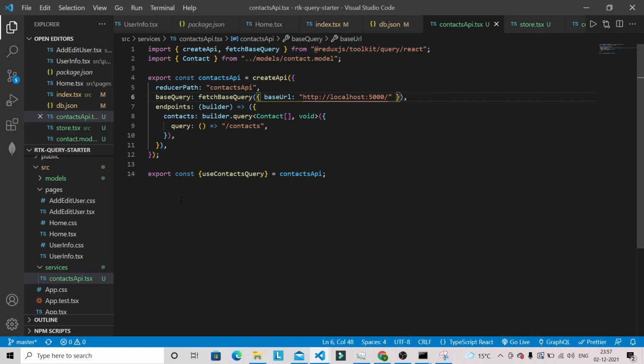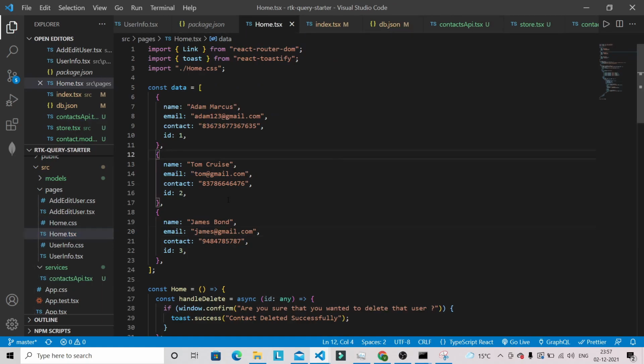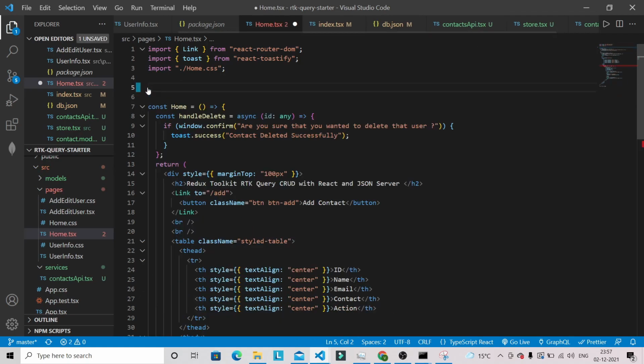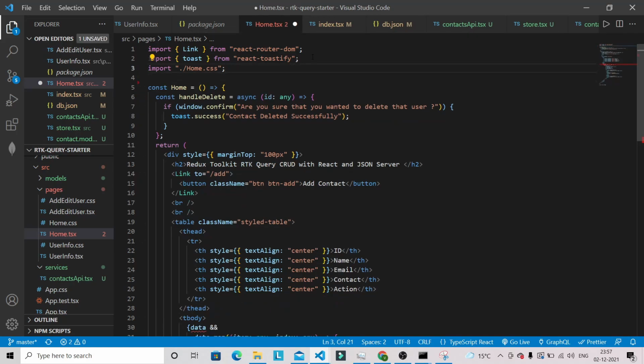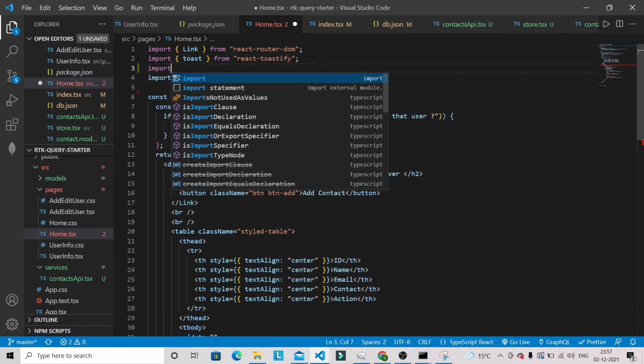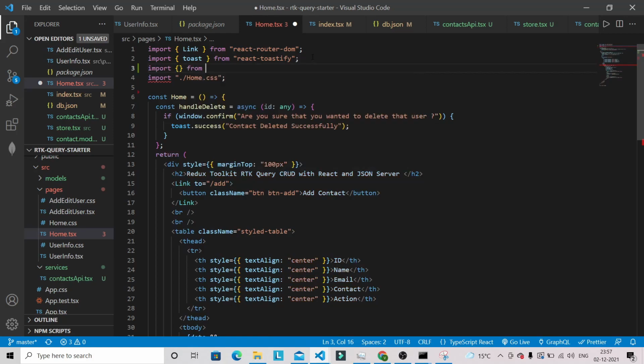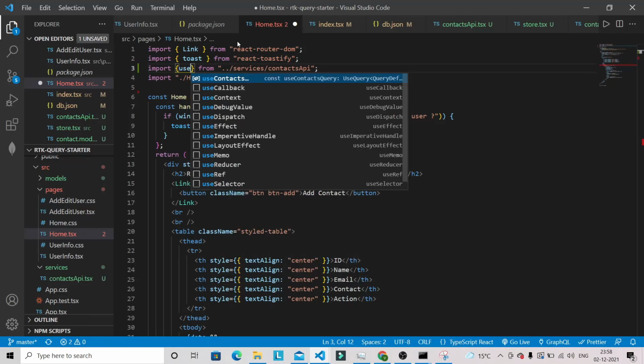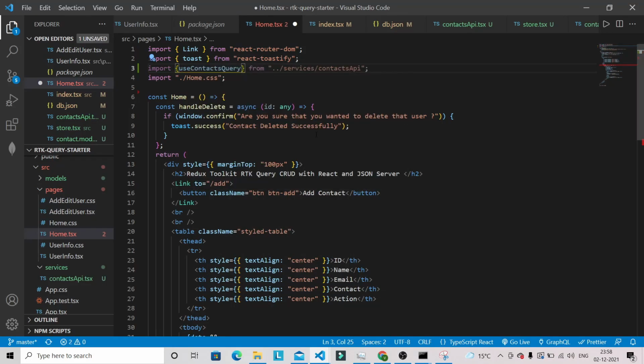Okay, and now let's use this query in our home.tsx file. So now I'm not going to use this one, so let's comment this one or remove this one. We don't need this one at all. And here we can bring this query from our service folder, and the query is useContactsQuery.